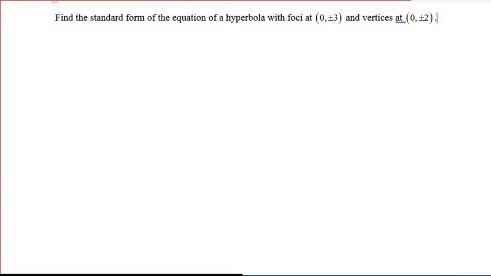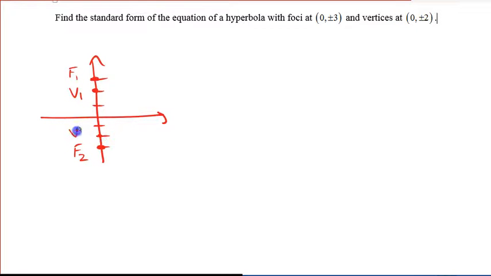Hi folks, Mr. Roth here, and today we're going to be looking at finding the equation for a hyperbola given some information about its graph. So you can take a moment, maybe pause the video and read the problem that we have in front of us. We have a hyperbola with foci at (0, 3) and (0, -3), and vertices at (0, 2)